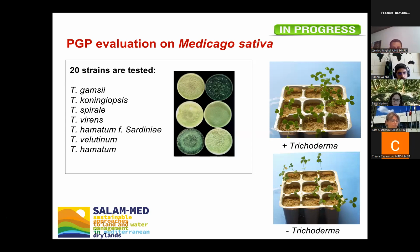that was mentioned previously by Dr. Ufensu. And in fact, some isolates seem to be effective in improving the size and probably also the root biomass of the inoculated plants. So this is a very preliminary test that we are carrying out within the Salam Med project, and we hope to get these encouraging results